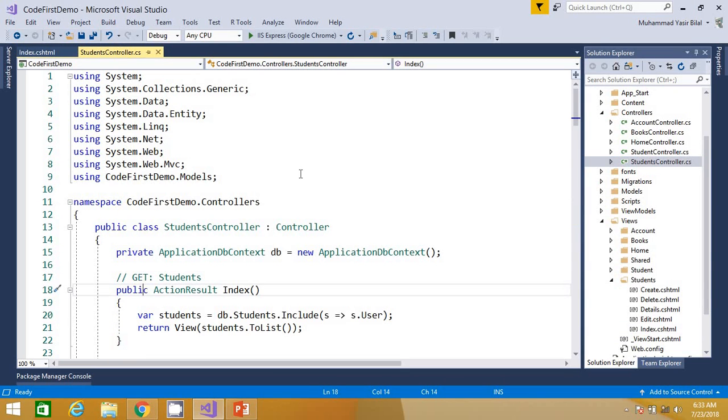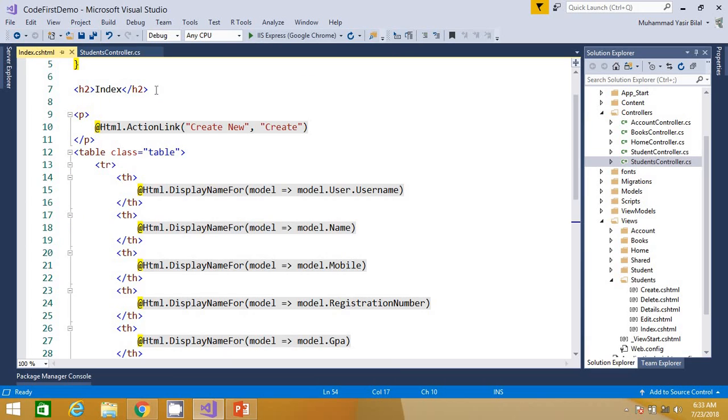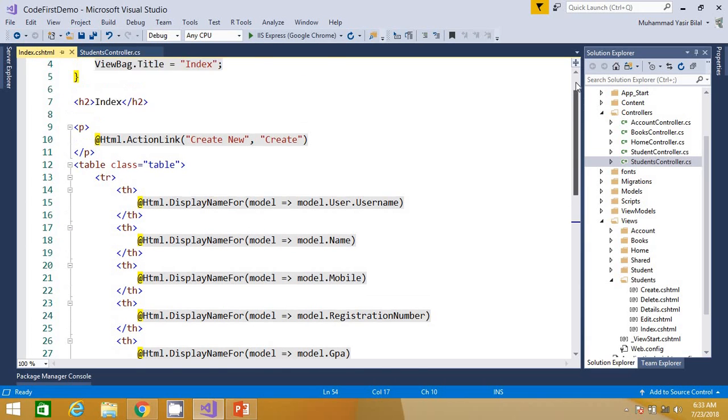Now we know that from the index action method we are passing a list of students, and this view has the template of list.